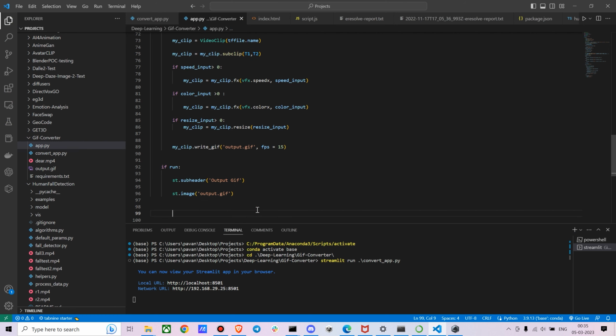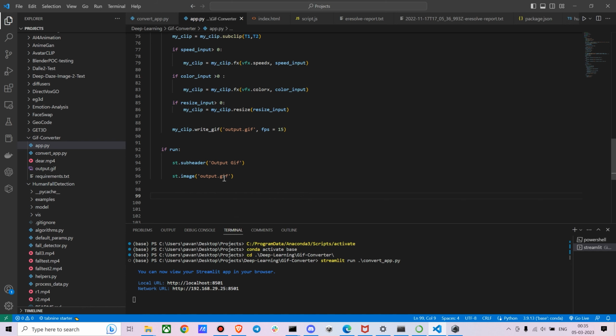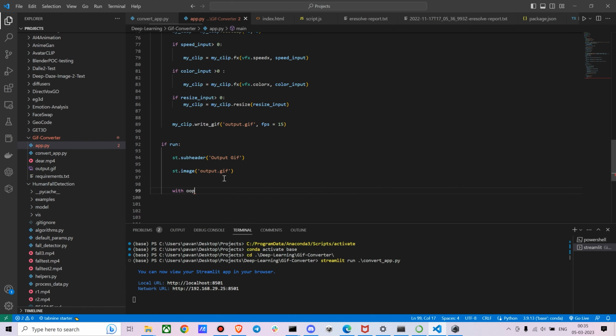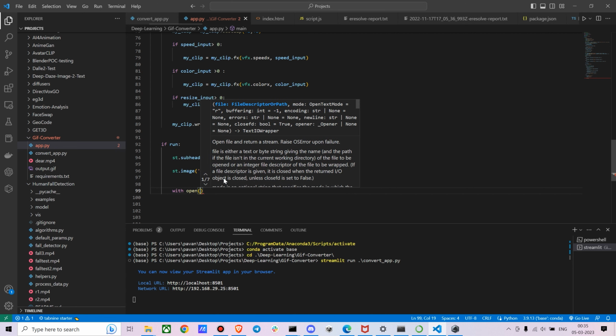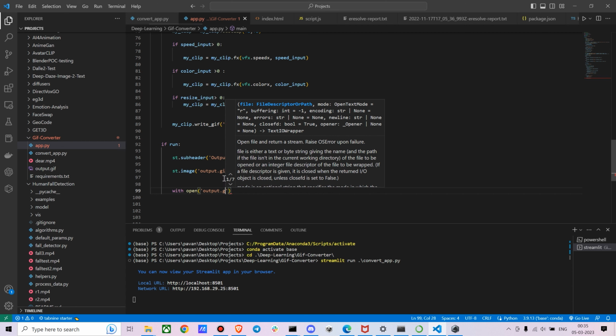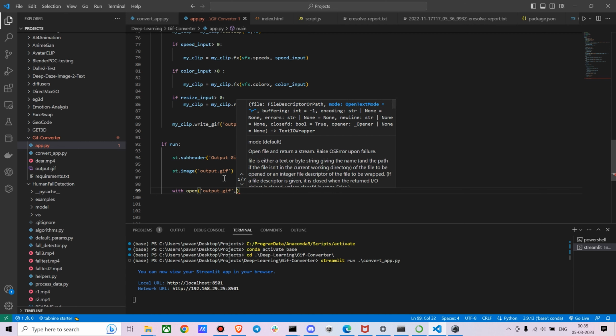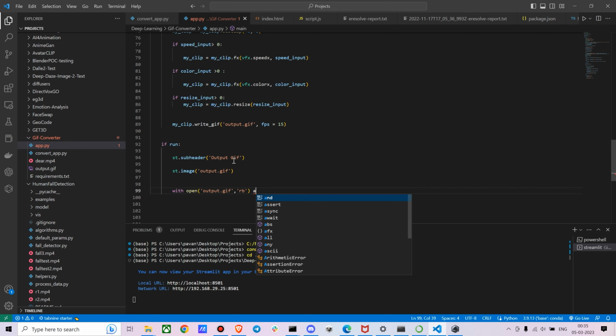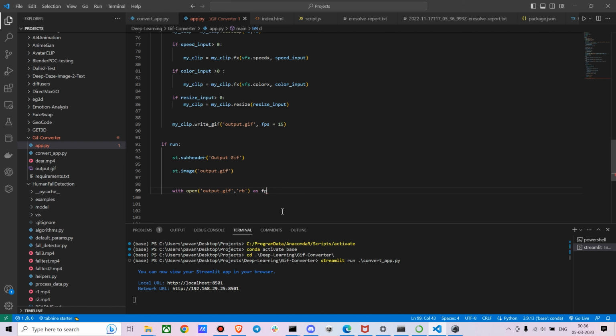And now also let's create a download button, right? So let's create a download button with open output dot gif, comma, slash, comma as RB, I guess. Let's go with RB as FP, right? Button equals st dot download button, right? So st dot download button has